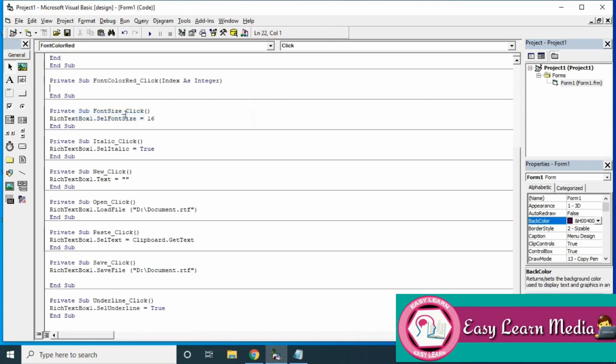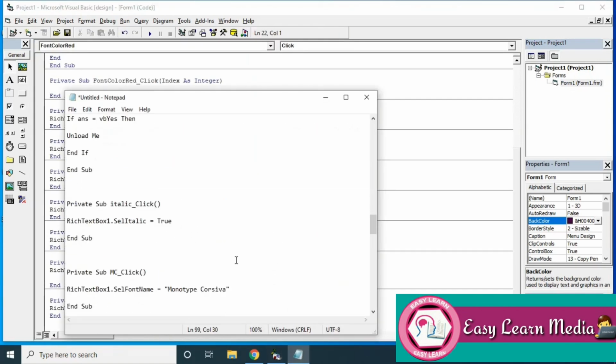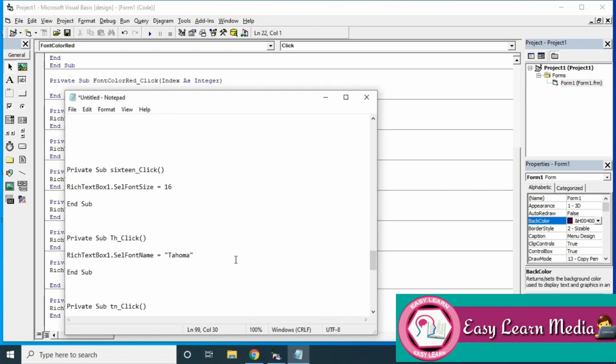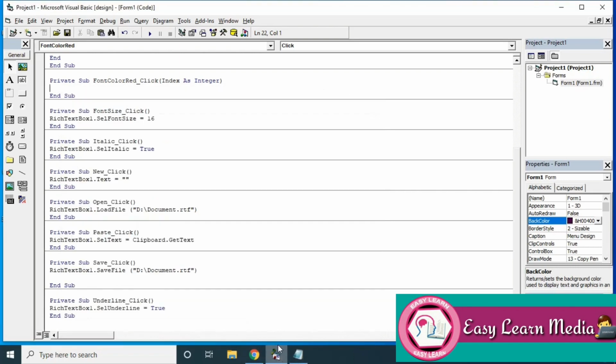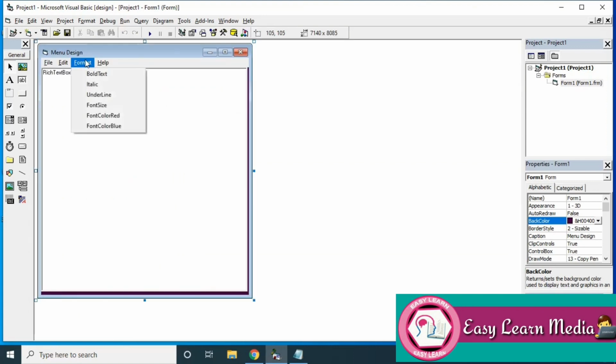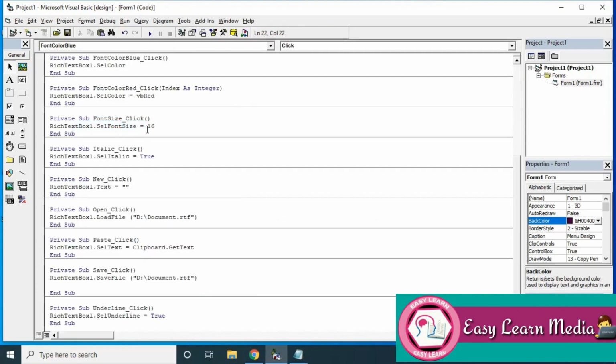Okay, now we move on to the font color. So we have an option called RichTextBox1.SelColor equal to vbRed or vbGreen or vbBlue, whichever you prefer. You can use any of the colors, but the syntax is the same. RichTextBox1.SelColor equal to vbBlue.